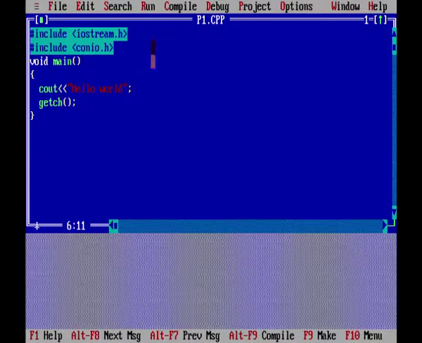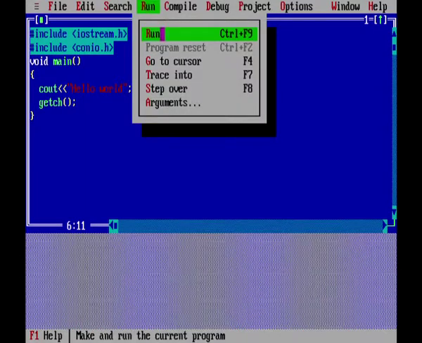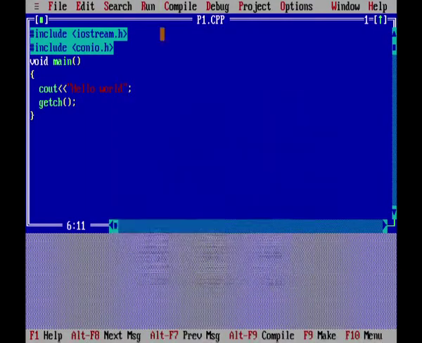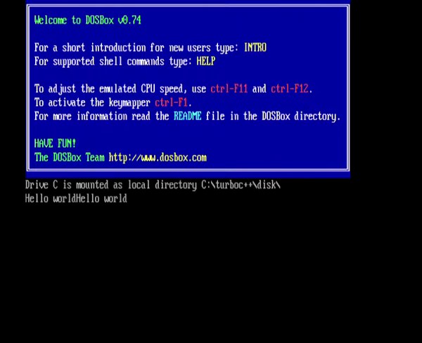Now, let me run this program. First I save this program, save, and then I run this program, run it. Now, I can see the output. You see, it shows the output twice, hello world, hello world. In the last line you can see that. The first hello world is there from the first execution which we could not see. The second hello world is there from this current execution.